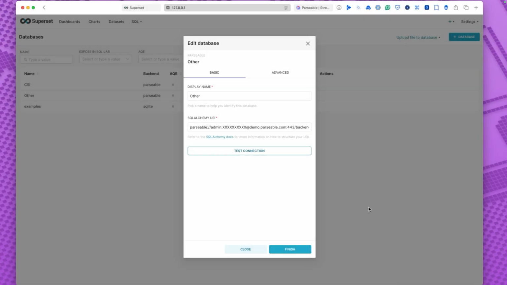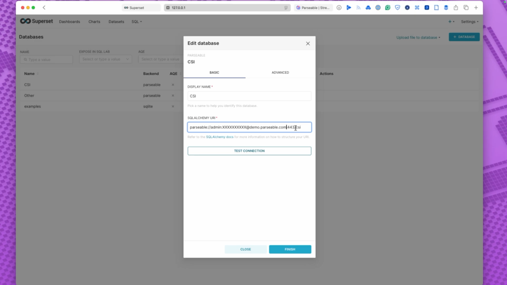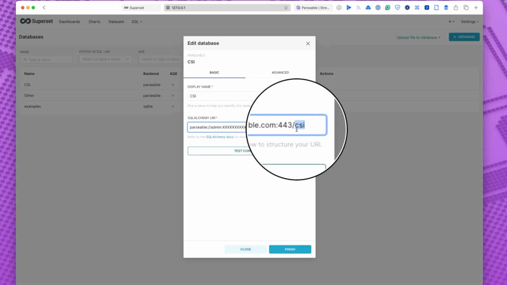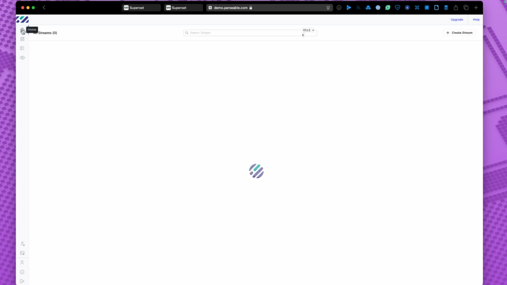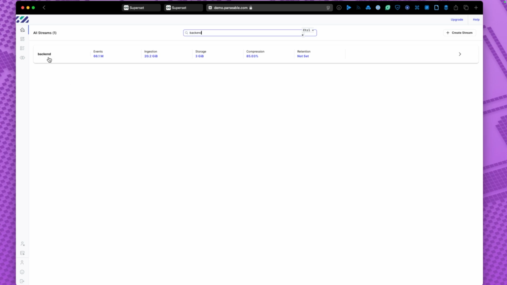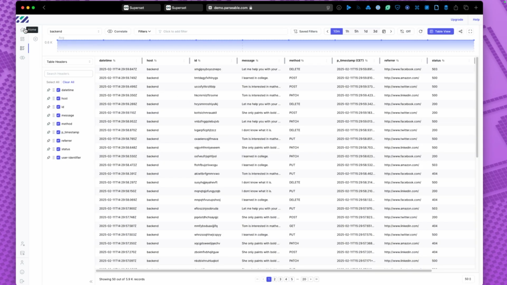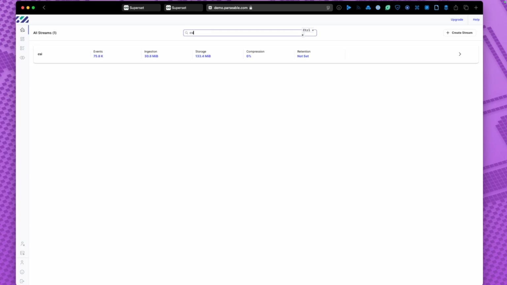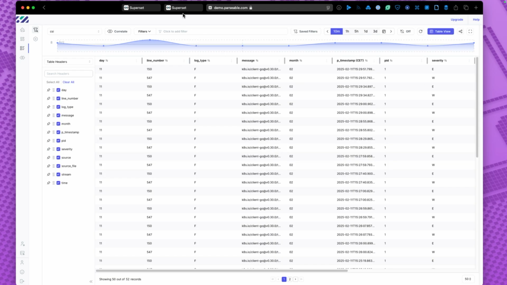So in this case, that is the backend log stream. And for this particular video, we want backend CSI as well, which you can see here, and also one more. But I'm going to come back to that because for that one, I'm going to make some different settings. And you can see the respective log streams showing in the Parsable dashboard here. I'm using the demo instance, so we don't have to go through the steps of setting up Parsable. Of course, if you're using your own, you can do similar things but change the relevant details.